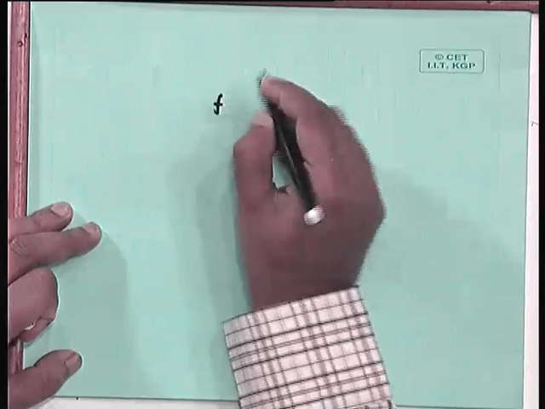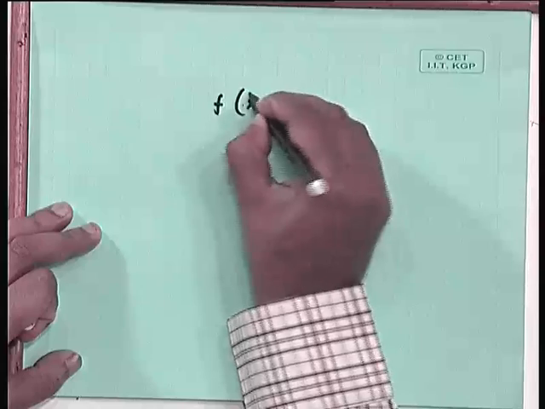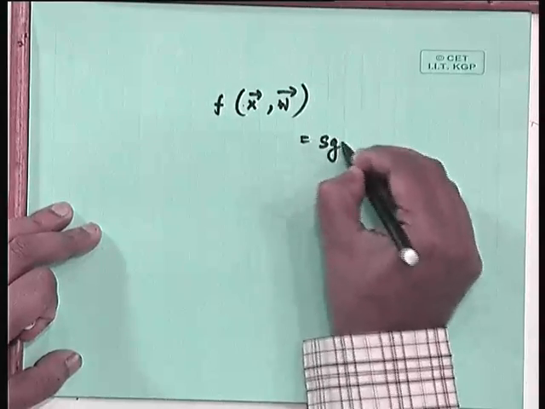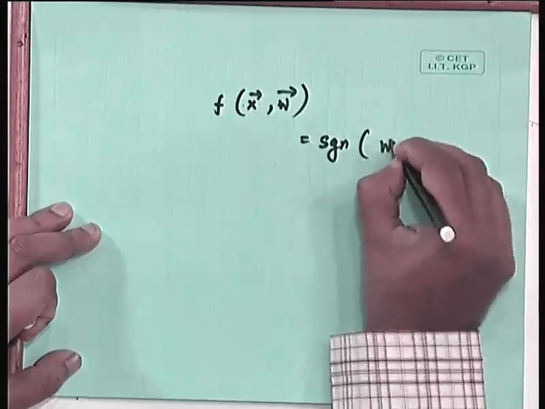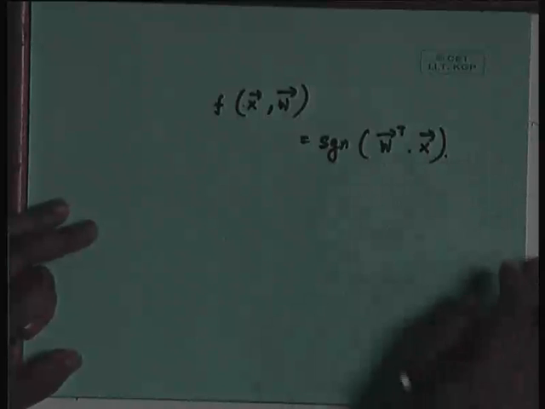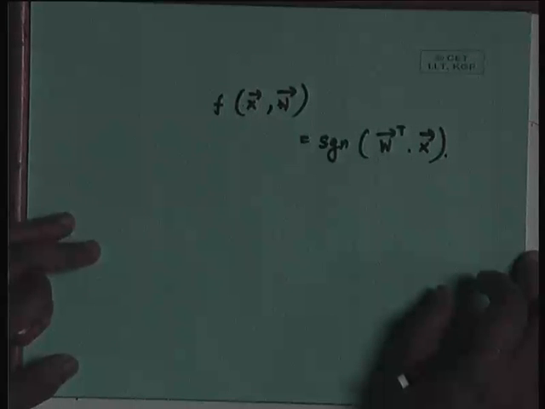Although the examples that we will be presenting are oversimplified, I think that if you understand that, you can extend this concept again to the multi-dimension case. Now, let us take a function of this nature. Let us take f of x, w to be equal to the signum function of w transpose dot x. If we take it to be like this, then